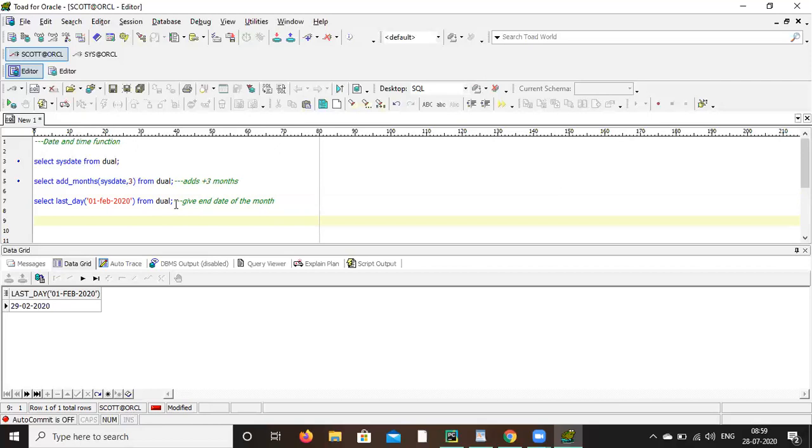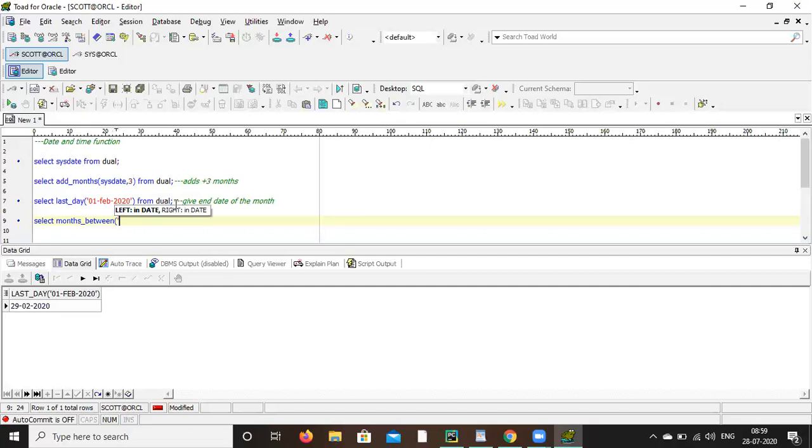Next is months_between. Within bracket, within single quote, give 2 dates separated by a comma.